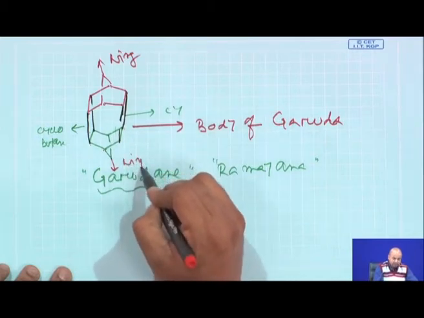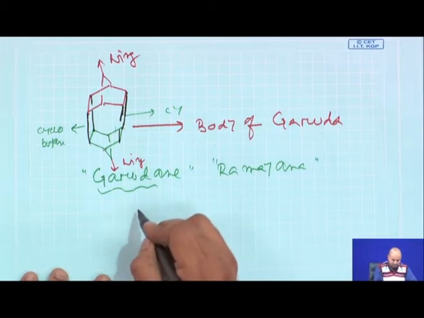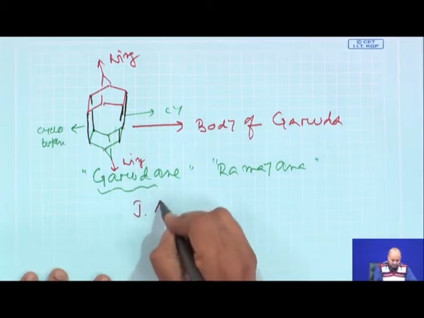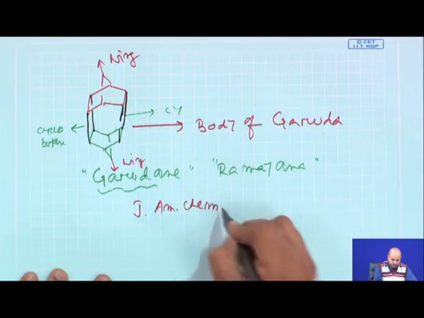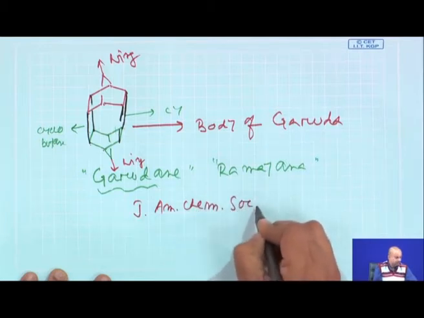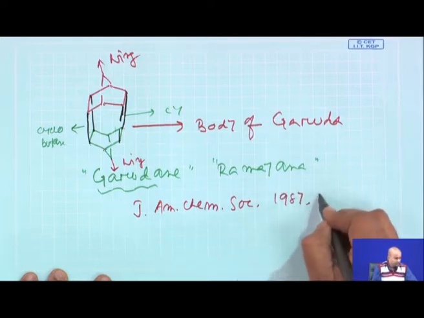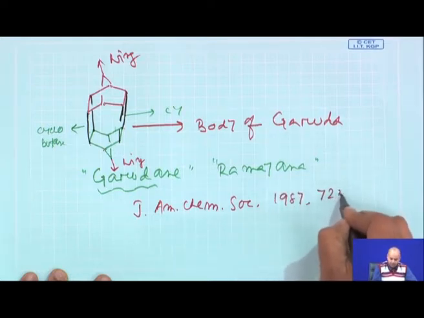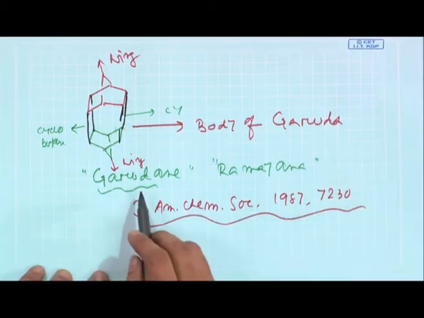Now, this molecule is basically a designed molecule. It was first synthesized by an Indian scientist named Professor Govardhan Mehta, and it was reported in the Journal of the American Chemical Society, a very prestigious journal. If you are interested, I can send you the references. It is a very nice demonstration of how a designed symmetrical molecule can be constructed very efficiently.